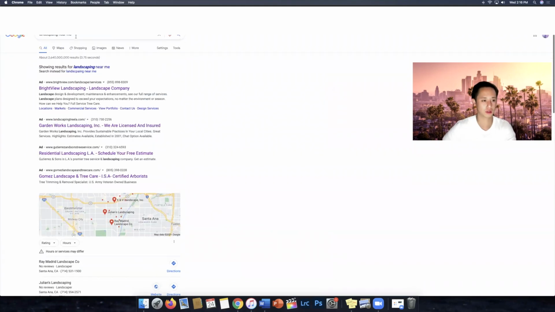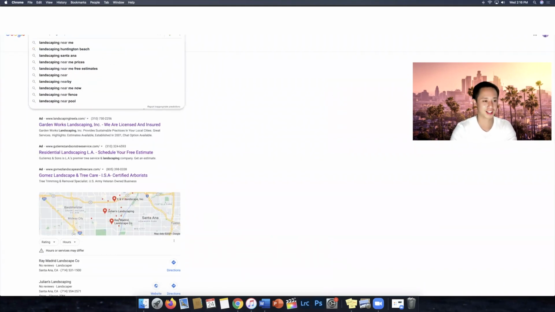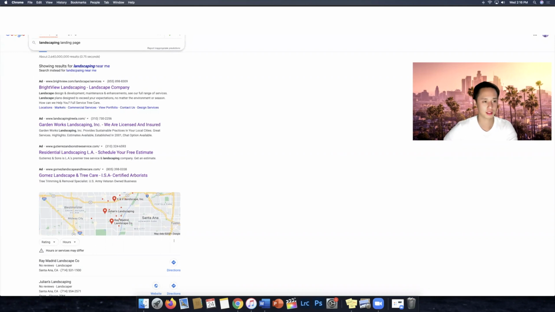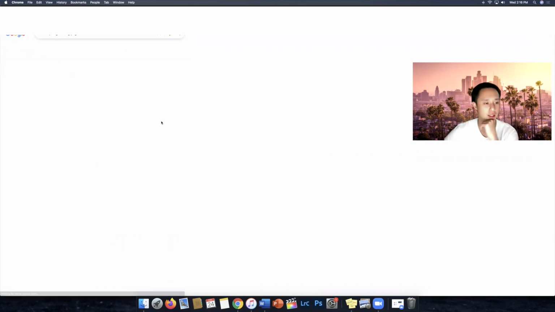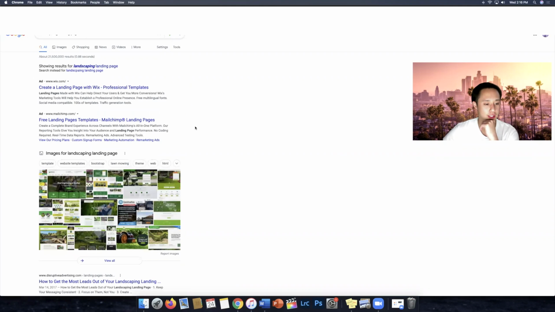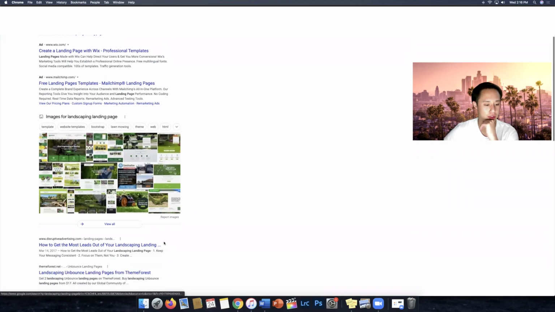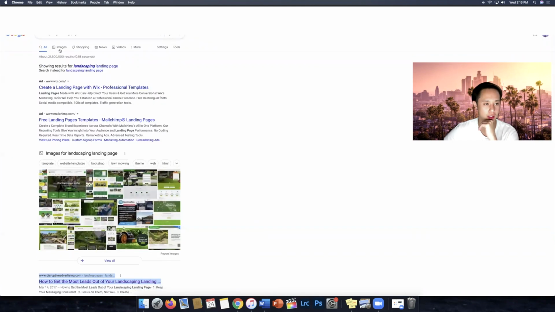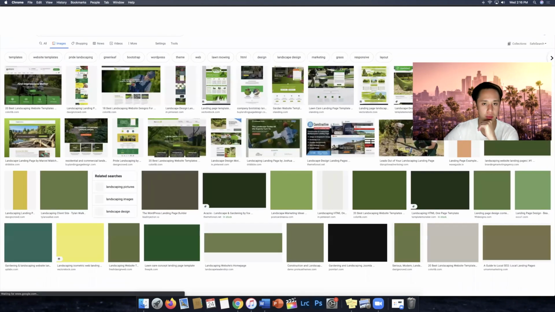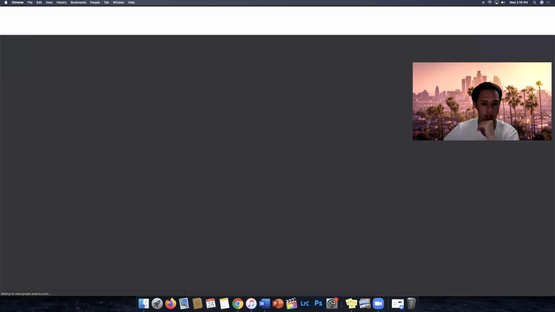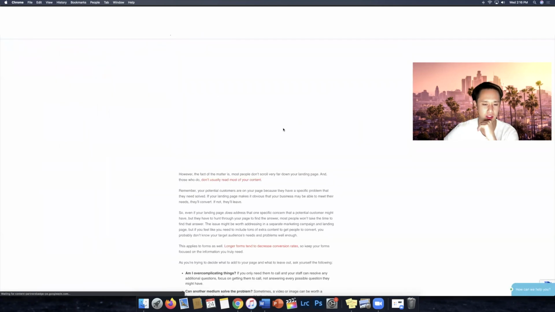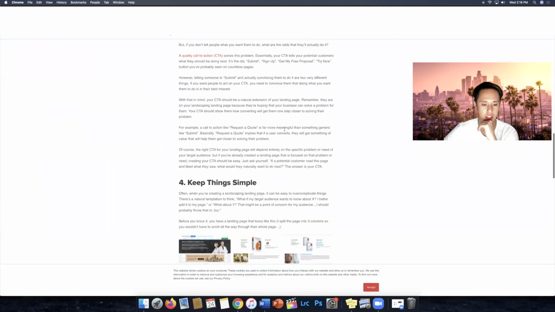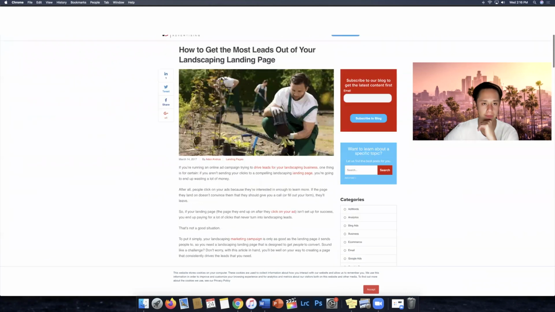Okay, so let me just show you what a landing page should look like, since no one here is running it the right way. So landscaping, landing page. Okay, that's fine. We'll hit enter. All right, so let's go into, I mean, there's websites that show you what they look like, but we can just go to images as well, and I can show you exactly what a landing page should look like. Okay, so these are just tips. It doesn't really share with you what it should look like, but